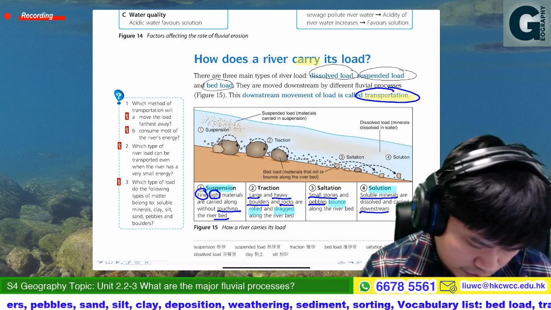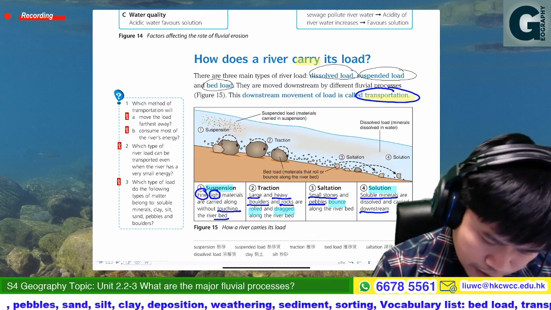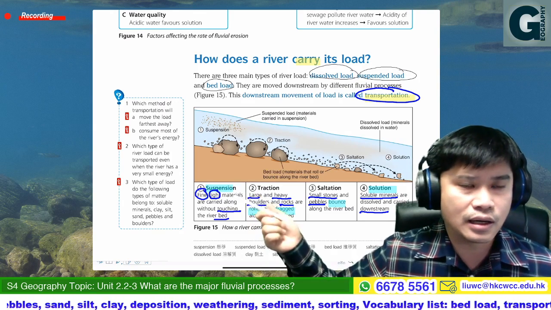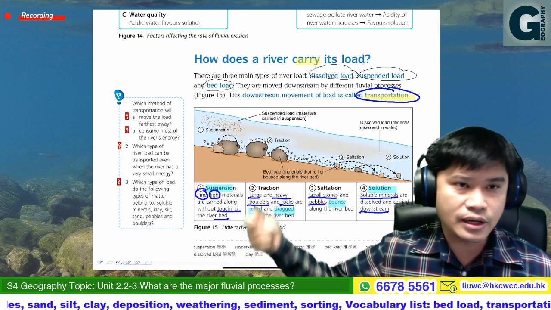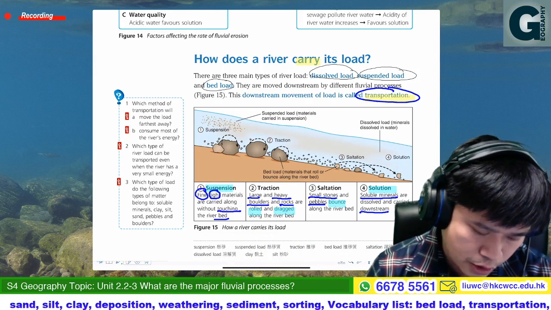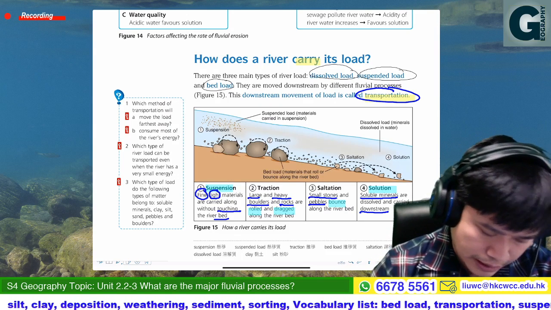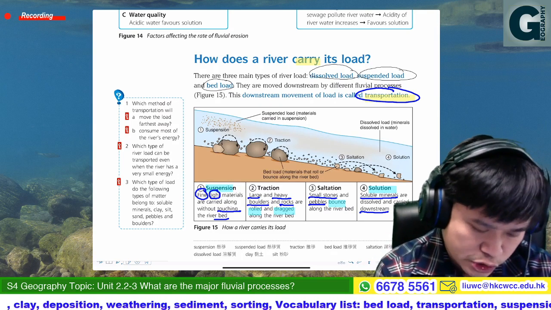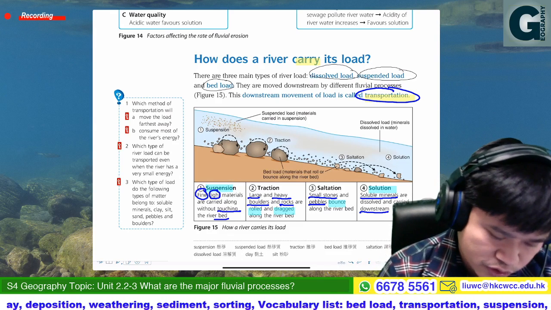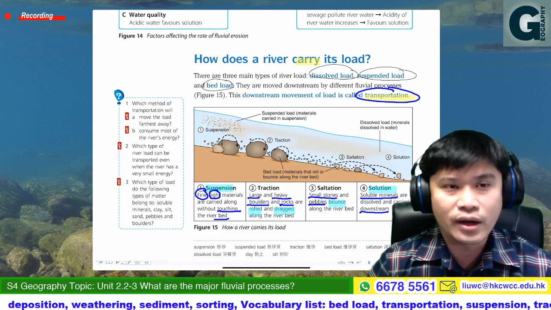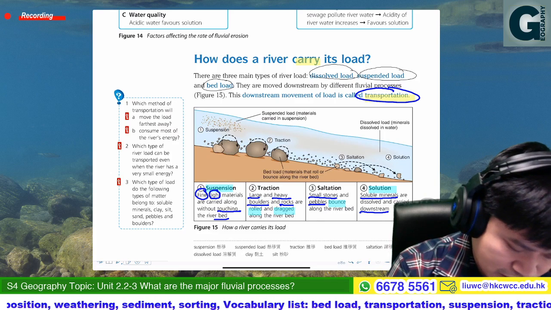Okay, so therefore, let's have a look on the left-hand side of this part. There will be some questions about transportation. Question 1: which method of transportation will move the load farthest away? The farthest away, of course, that would be